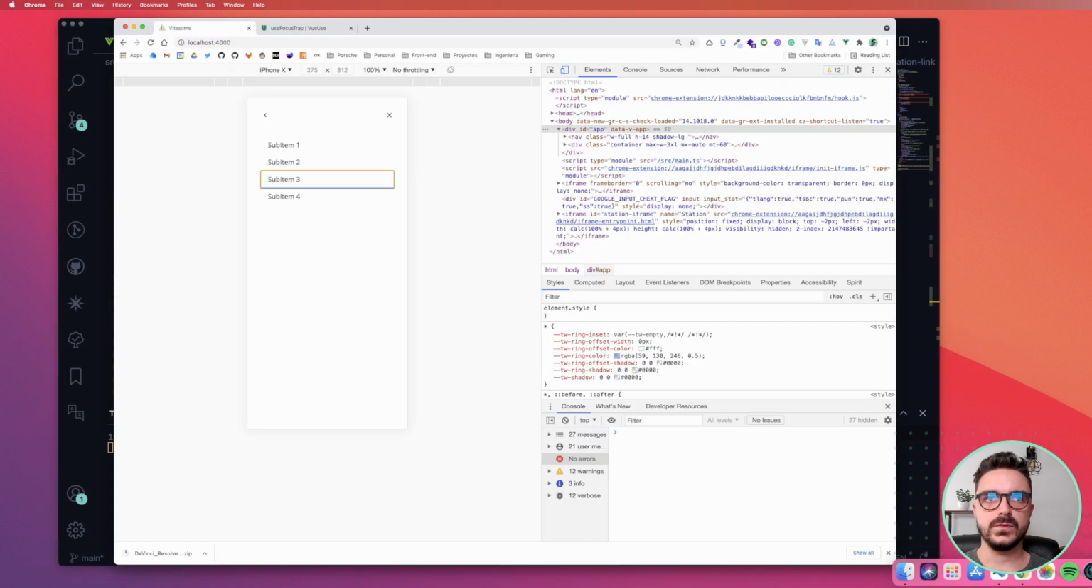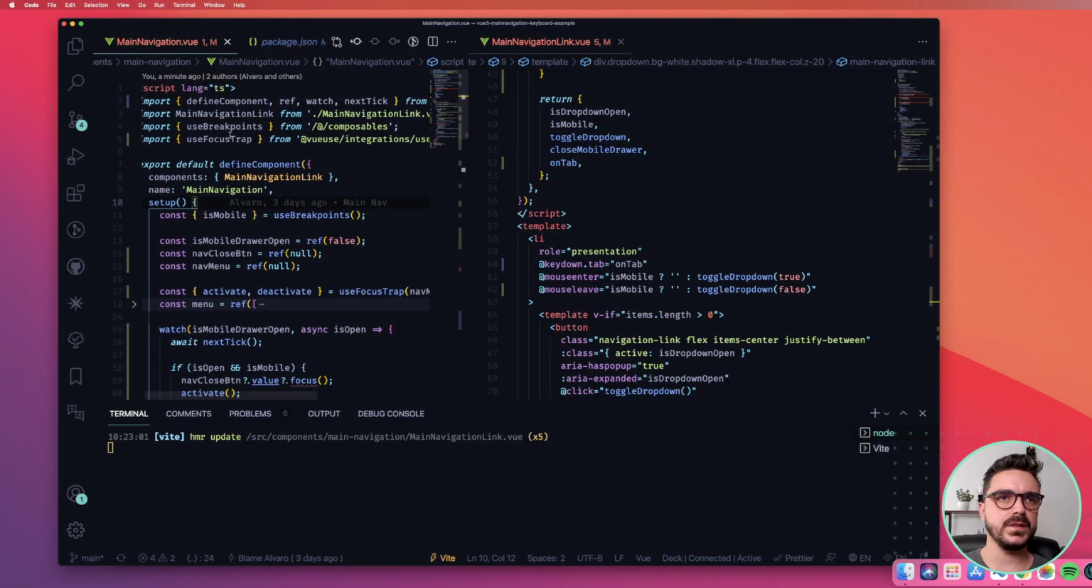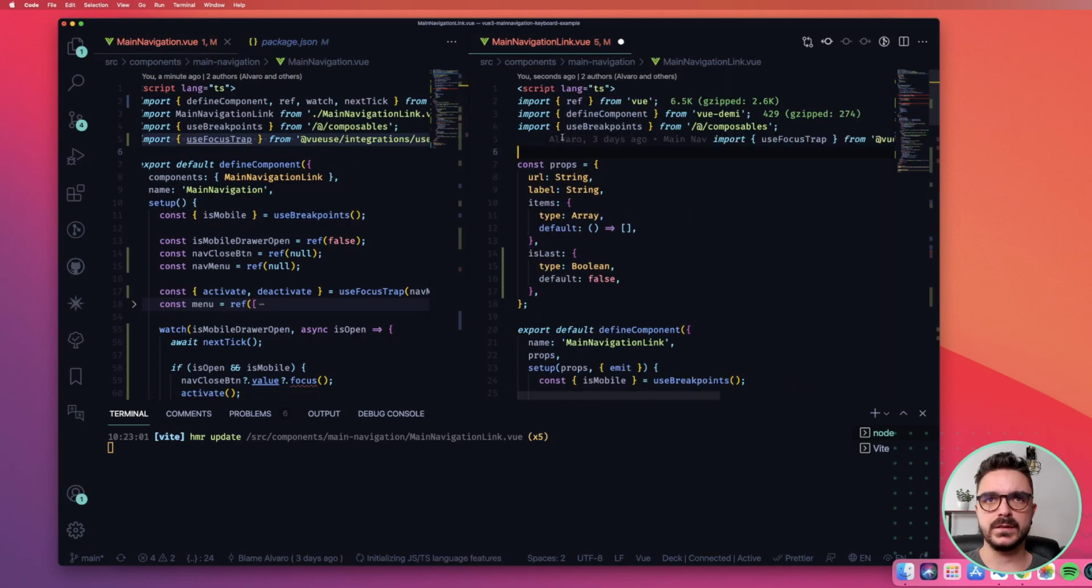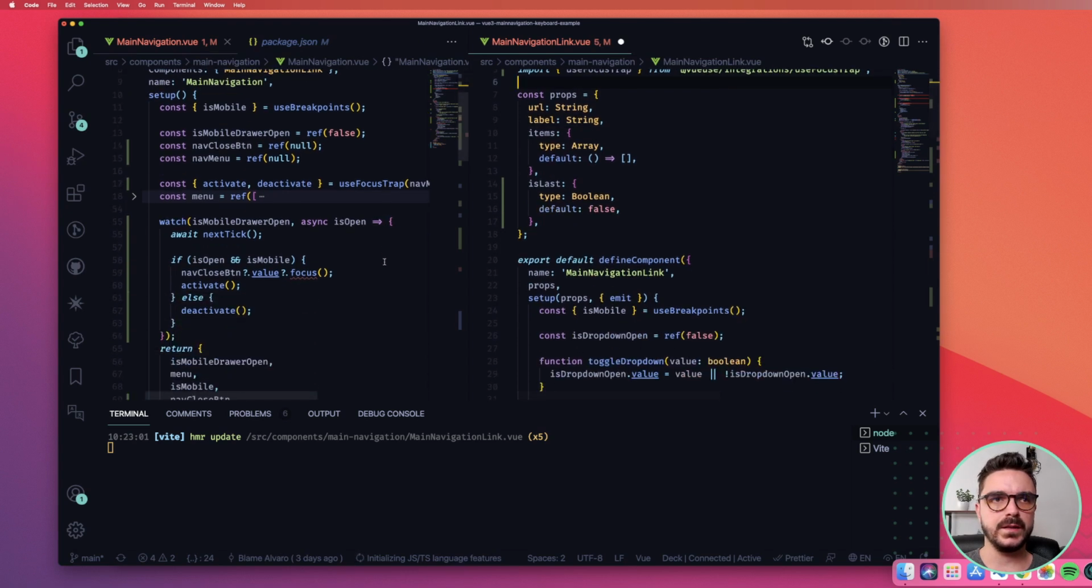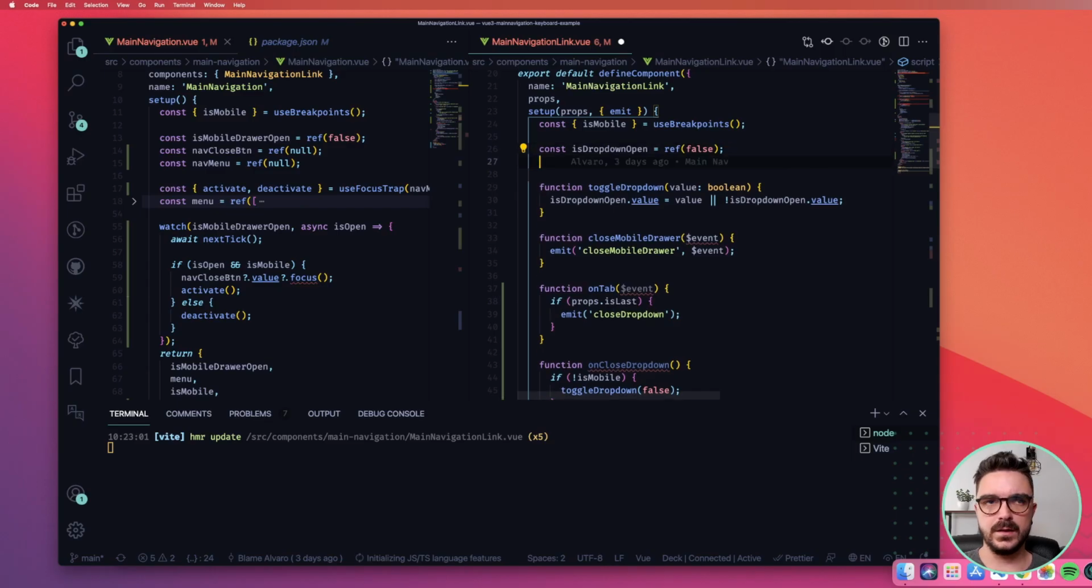So let's get back to here and let's check. So here we go, come here. Okay, it doesn't close, so good. Now what we need to do is that the focus trap remains here, and also that it autofocuses this element here. So we basically can copy and paste what we did in the main navigation one. So we come here and use focus trap. Then we need to create